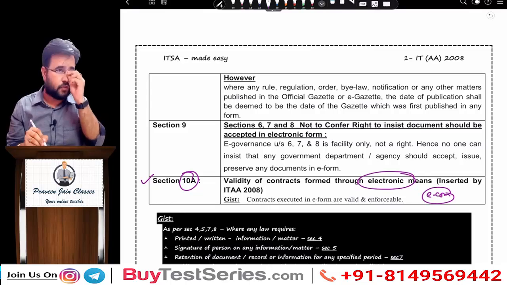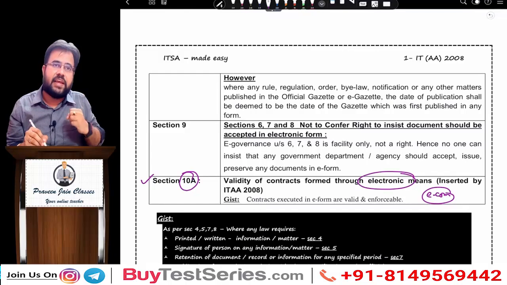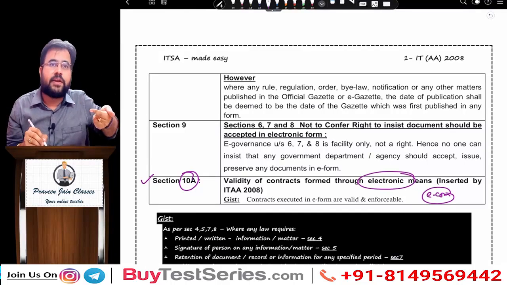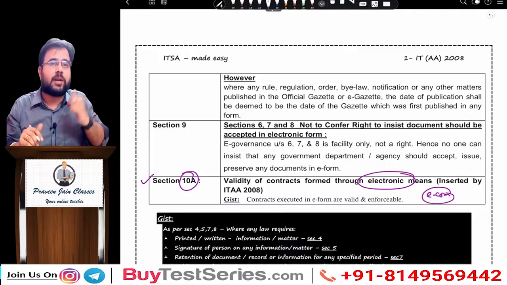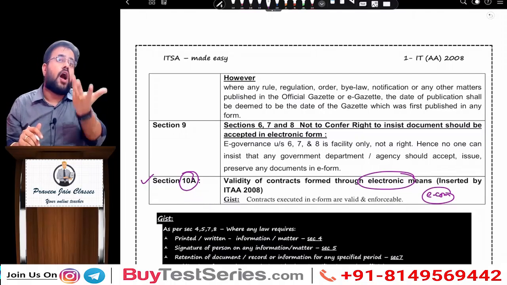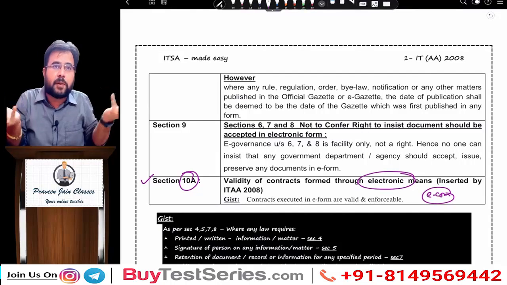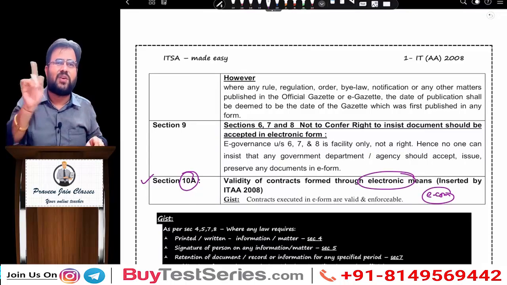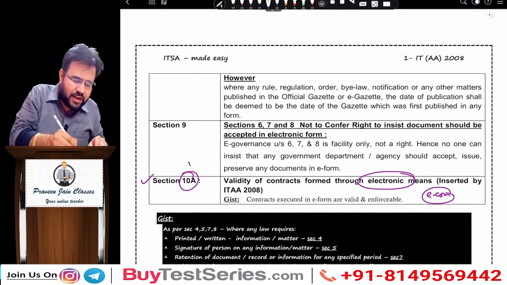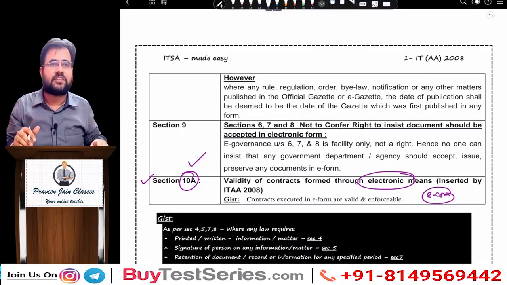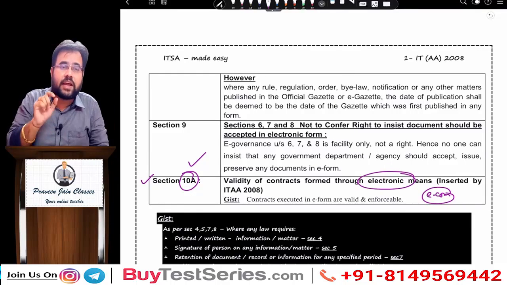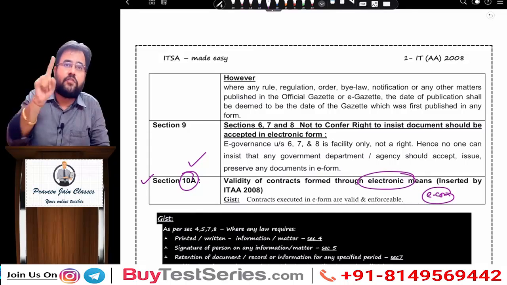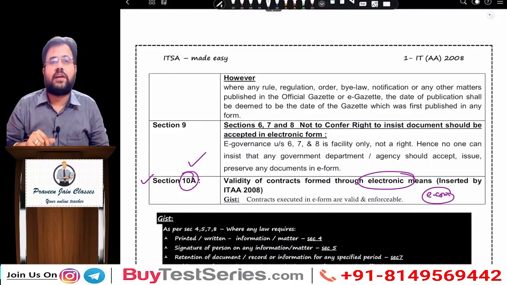sir? Imagine today if I buy any good electronically and it is defective, and the service provider, that is the e-commerce platform, is not replacing it, don't you think you can file a case against them? Do you think the court will ask you, where is offer, where is acceptance, where is paper? Nothing is there, I am not going to entertain. No, you should go and tell that judge, read section 10A. So even your electronic contracts will be valid now by virtue of section 10A, sir.